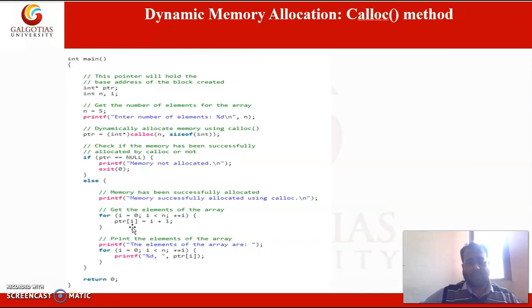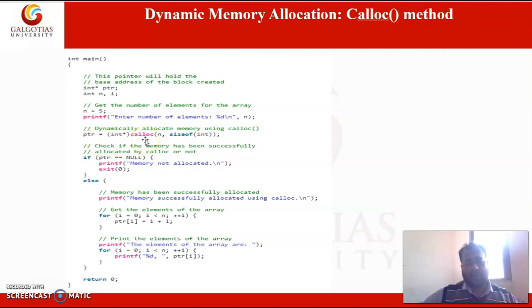Here in the next example we can also see we have a pointer variable and int i, and we have n that is initialized with 5, and then we have allocated n number of memory blocks of size int using the calloc method.